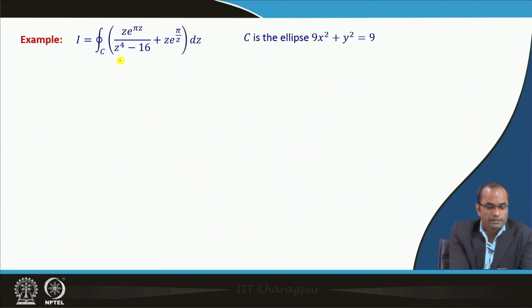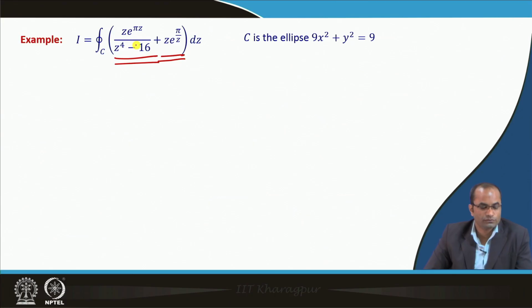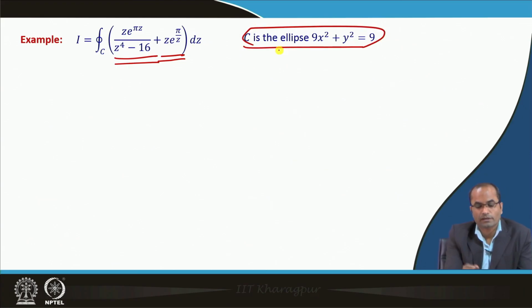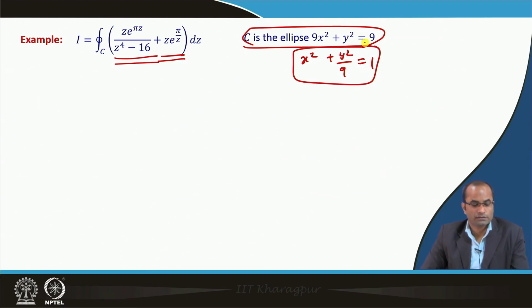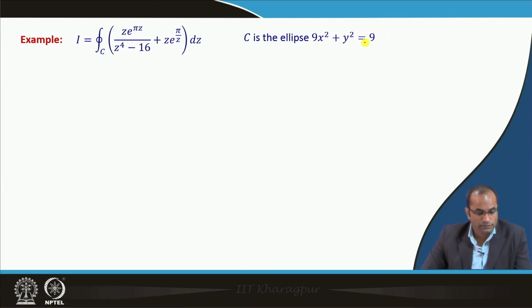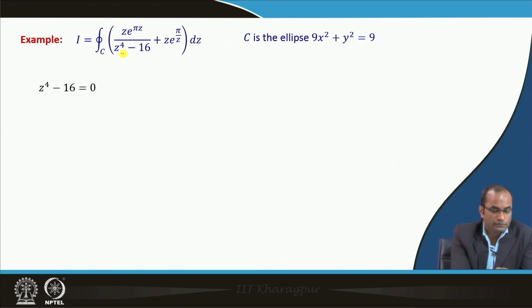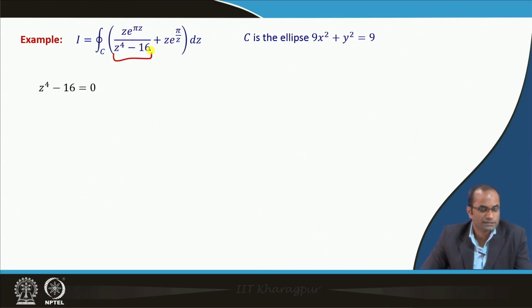Another example where we have the integrand as the sum of two functions: z e^(πz) over z^4 minus 16, plus z e^(π/z), dz, and C is the ellipse x^2 + y^2/9 = 1 in the standard form. So, this is the ellipse there, and if we look at the first portion here, because of z^4 minus